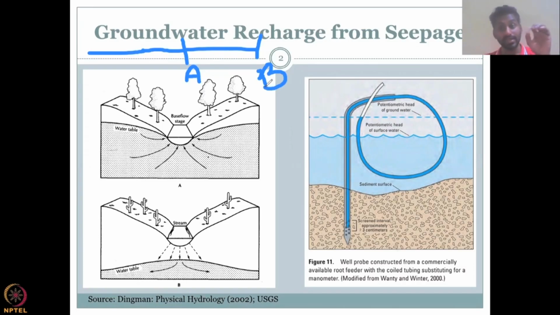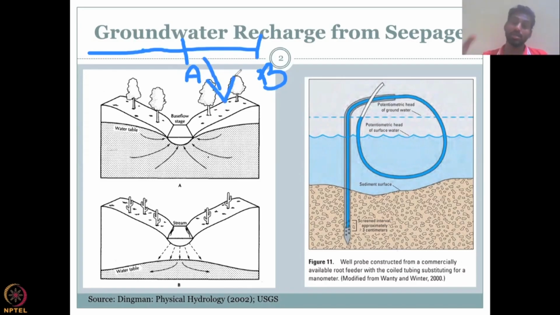If QA is equal to QB, there is no recharge, there's no discharge, which means the water is not losing, water is not gaining. However, if A is less than B, that means water is gaining from the ground,